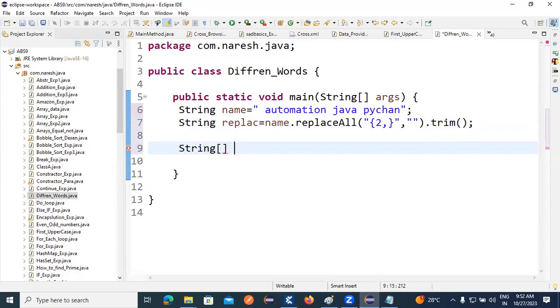Okay. See, equals to dot split. I need to use dot split. Okay. Once I split, okay, I will provide here word. Okay. Once I split,